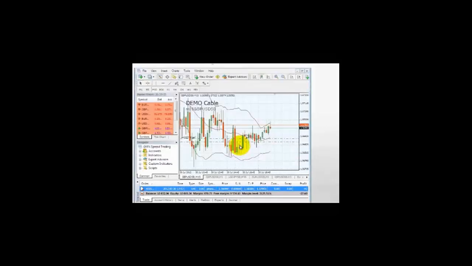We simply change the figures in the box and you see that modify button is now highlighted. We simply left click on that, it changes our order, and lo and behold there's our original trade, but the take profit line is now much closer, in fact just 2 pips away from our market entry price. And again that's reflected by the information